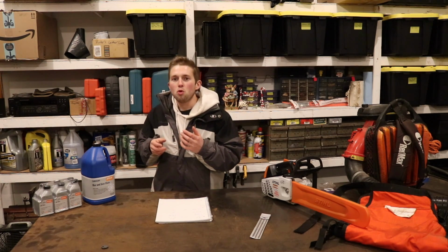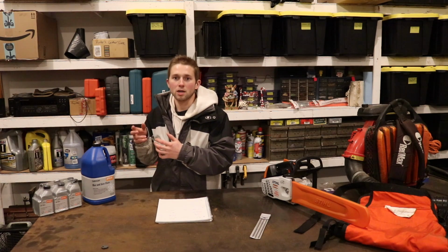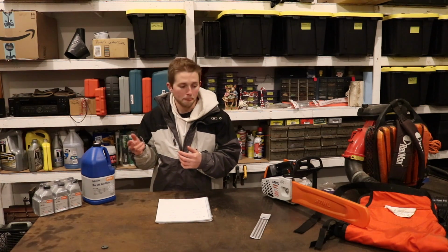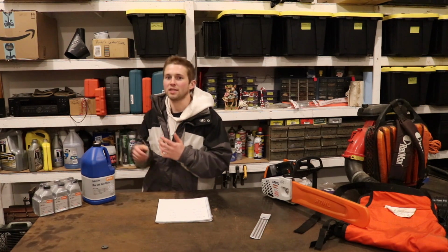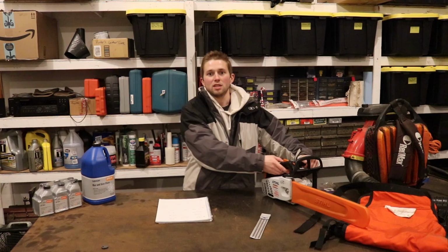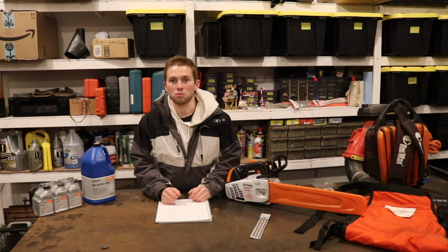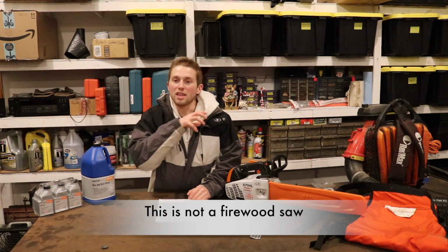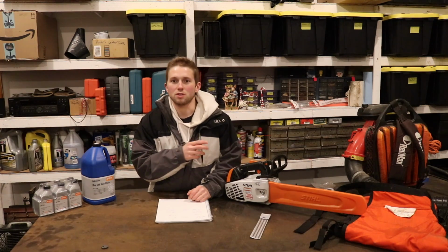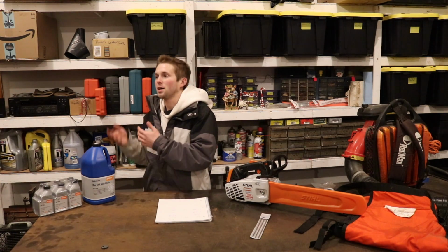So the 201, I really hate to say this, but the design of the 201 seems to be built a bit better and built to last a bit longer. I think that's probably the better choice for the tree care professional who's taking this saw out every day. I'm around trees a lot, but this is going to be an around-the-house saw. This is going to be for going up in trees, taking out some branches, doing some trimming around the yard. So that $320 difference, I really couldn't justify spending that much more for just a little bit better